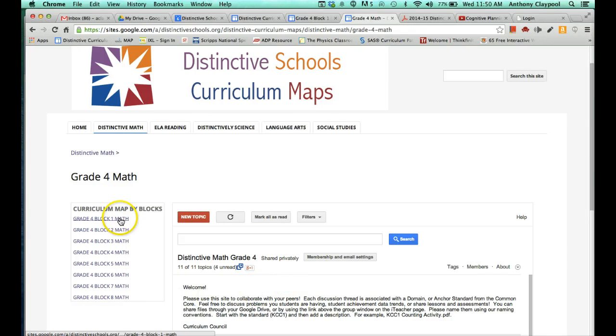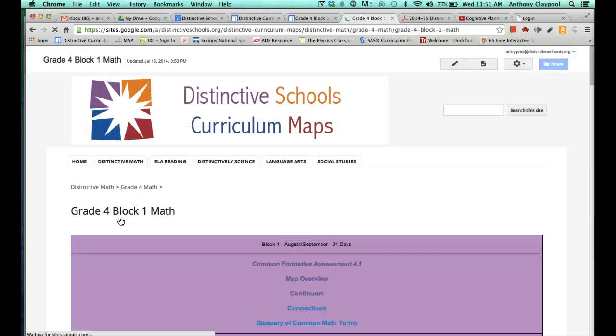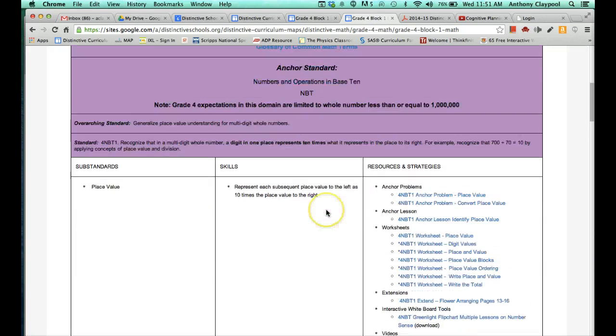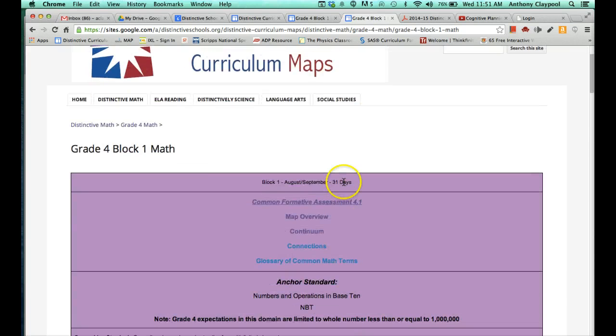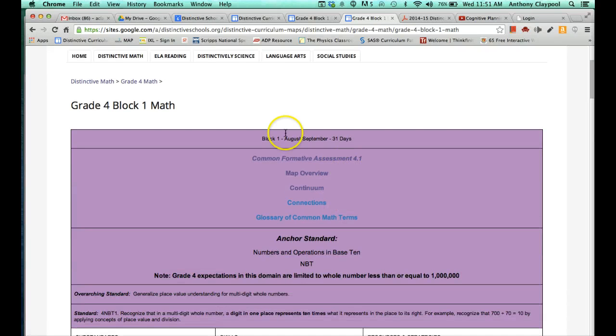On the grade level page, you'll see the Google Group gadget here where you can interact with your peers and communicate over email about the questions that you might have or ideas, or if you're requesting some collaboration or materials. The map itself you access by each block, and you'll see that the curriculum maps consist of an overview of the number of days in the month, the months that are included for the block, some CFA related resources up here,